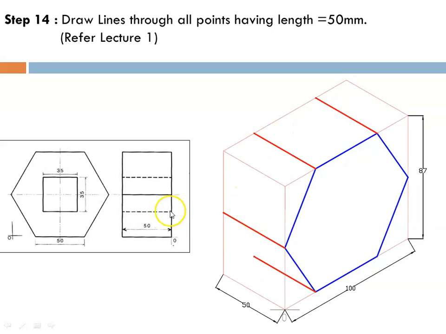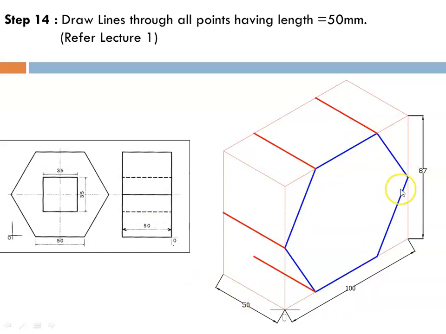Now, as we have already discussed, this line or this corner or this base has a width of 50. So from each point I'll draw a line of 50 mm length, and this width is in this direction, that is 50 mm. You can see it is in this direction. So parallel to this we have to draw a line. I repeat, this 50 mm width is from the origin and in this direction on the left of the origin at 30 degrees. So parallel to this, we have to draw lines from all the corners of the hexagon and having a length of 50 mm.